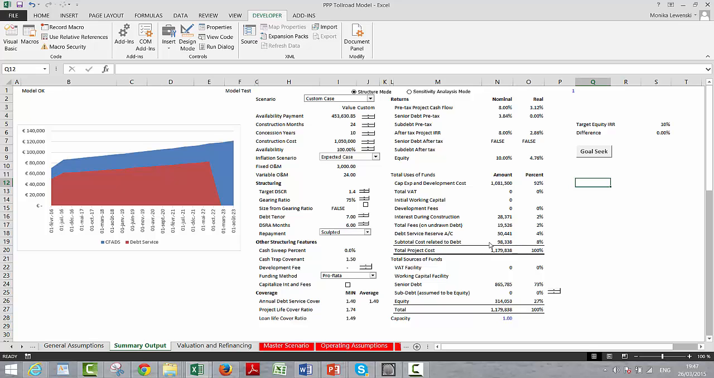So now we get an availability payment of 453. Let's change it from sculpting to equal installment. Let's put a higher DSCR requirement, maybe. Let's make the DSCR much higher, which is ridiculous. All of this, I think, is a little bit ridiculous. And then instead of 453,